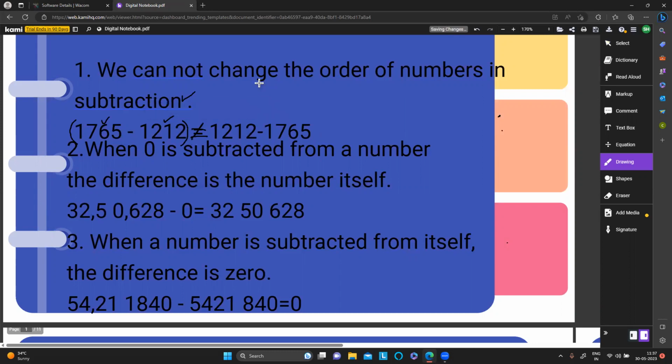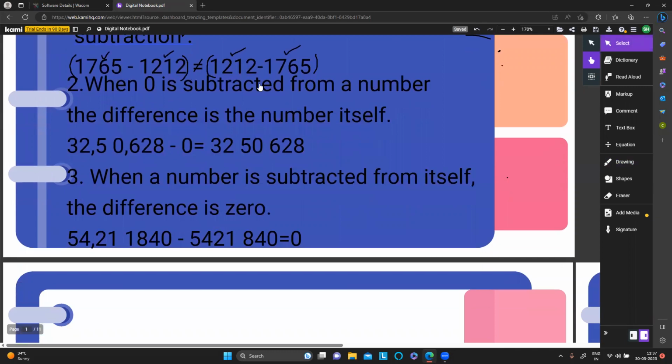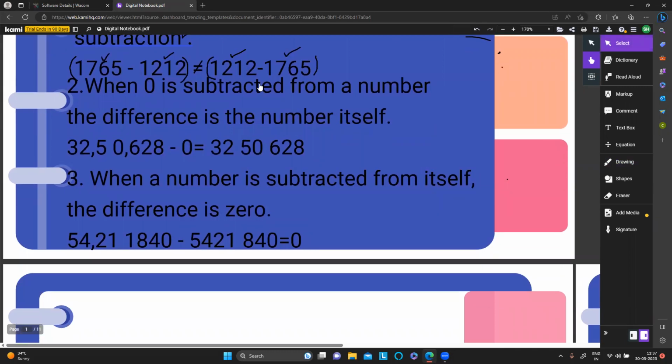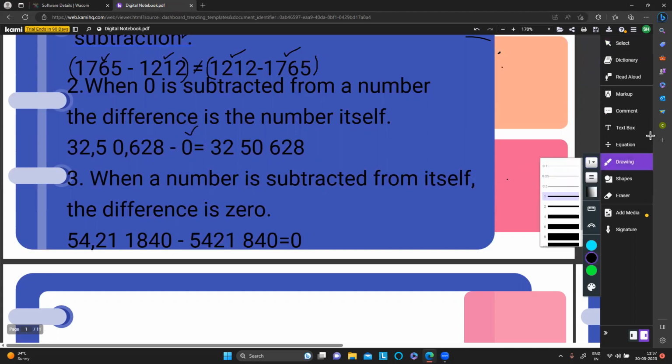Okay, from a larger number, if you subtract the smaller number, the answer is totally different from that of subtracting a larger number from a smaller number. Then when 0 is getting subtracted from a number, there will be no change in the number. The same number you will end up with. If you subtract 0 from a very large number or a very small number, the answer will be the number